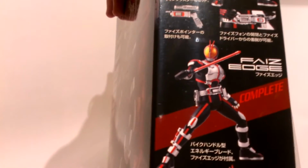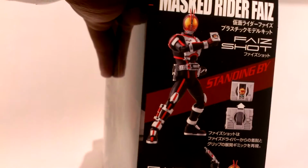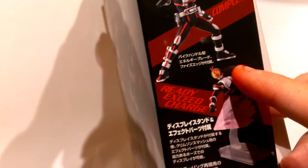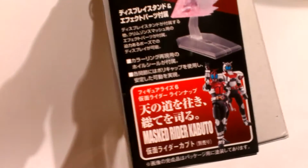The Faiz edge, just his sword weapon, and then his rider kick. And then behind him, you can see kind of the words that the belt's saying, like Faiz shot standing by, connecting, complete, ready, exceed charge. And here you see that you can also get the Kamen Rider Kabuto, which I have made an unboxing for already. So if we empty the contents,